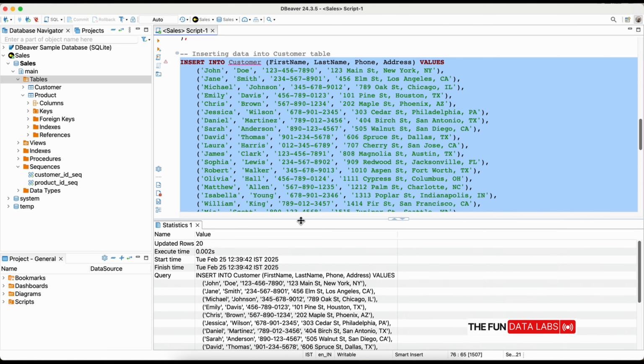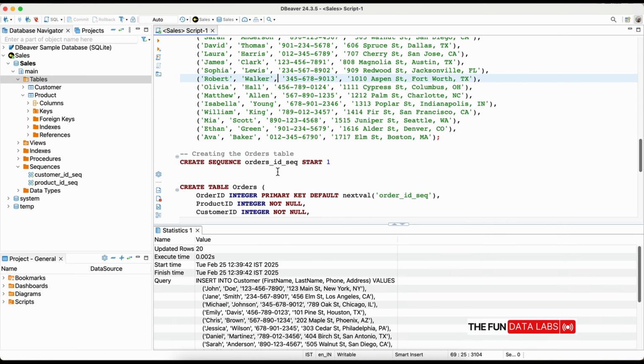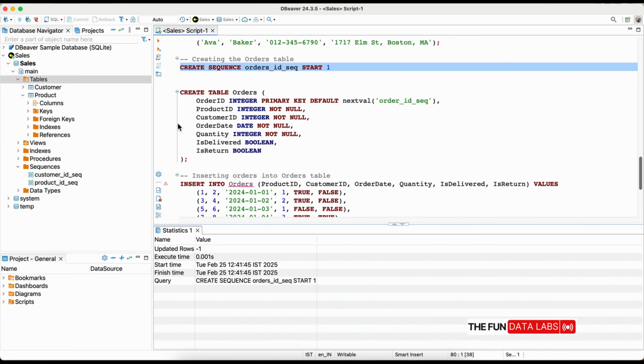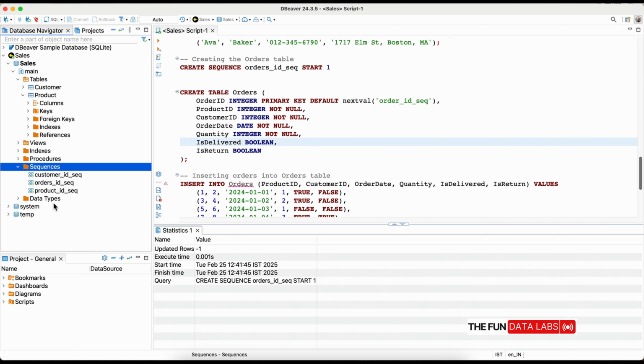Next, we can focus on the last table, which is orders. First, we need to create the sequence for this table. We have a sequence in the same way as we had for the product table. Let's run this query once using the play icon on the left bar. And you see we have a success message in the panel below. We can also check the sequence on the left side. In the left panel, you see we have the sequence menu. We can right-click on this and refresh. You see our sequence is available under it, which means it's been created.